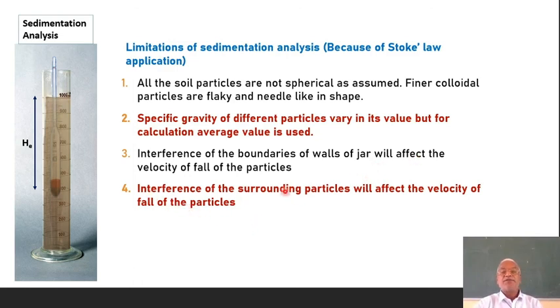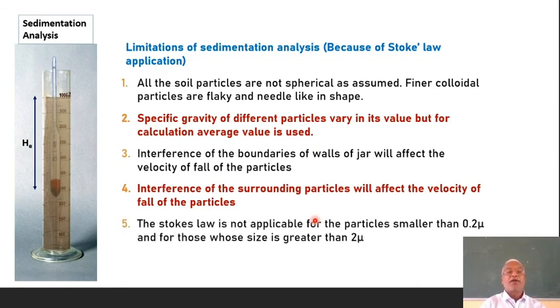Next is interference of the surrounding particles, which will affect the velocity of fall of the particles. Means it is not a single particle that is allowed to fall, you have a number of particles. Now the Stokes law is not applicable for particles smaller than 0.2 microns and for those